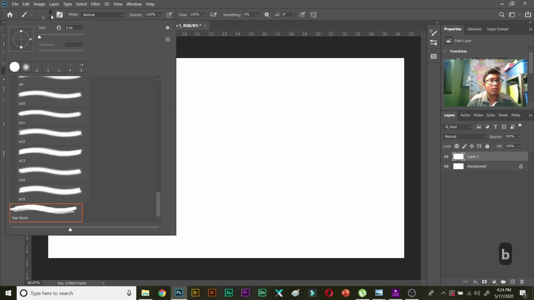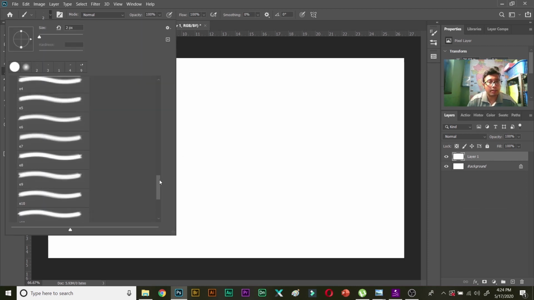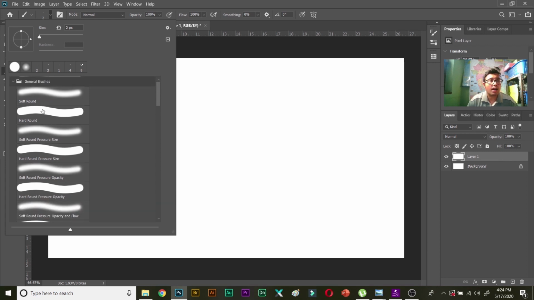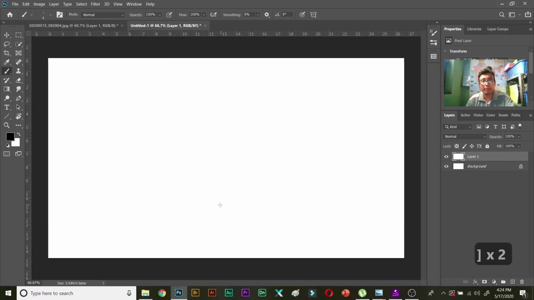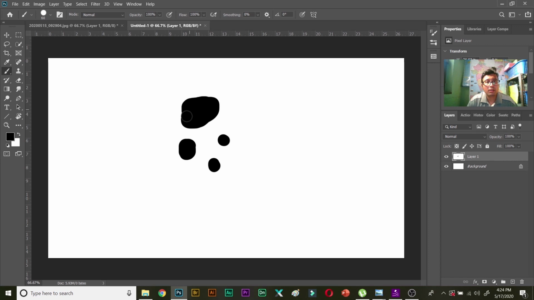Select a hard brush, make the size of the brush a bit larger, and then you can paint like this, then perhaps a small one, another small one, and a big one. Okay, just like this.